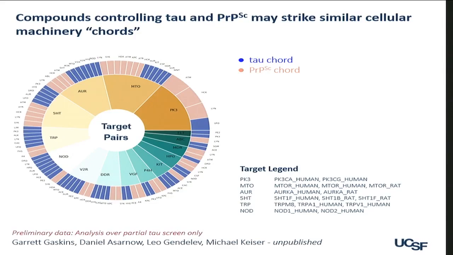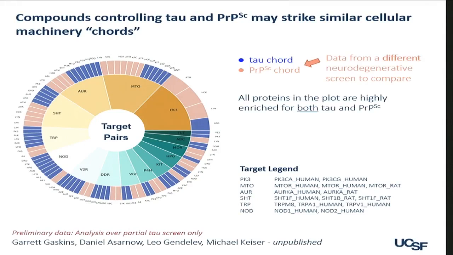And so the calculations that we're doing actually allow us to look at this too, and to enrich, particularly for certain pairs of targets that work in tandem. And so in this example, I'm showing not just tau, but purposely going over to a completely different neurodegenerative disorder, Creutzfeldt-Jakob, looking at prion protein scraping and asking what signatures are in common for them both. And that's what this wheel is showing, that some of these proteins paired with other ones actually are underlying the molecules that are effective in one or both of these disorders and screens for these disorders.